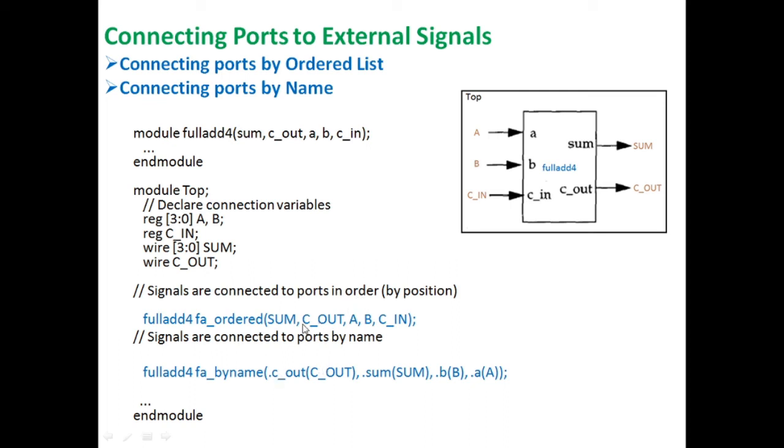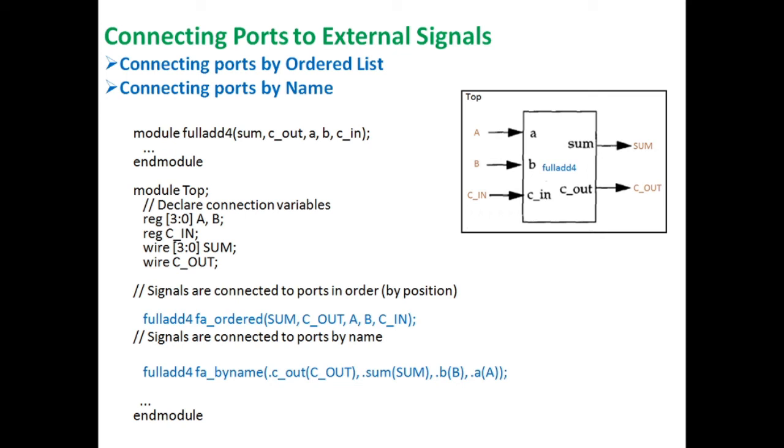So the signals must appear in the same order as in the module definition, outputs first, inputs next. So this is one type of connection, and the next type of connection is,